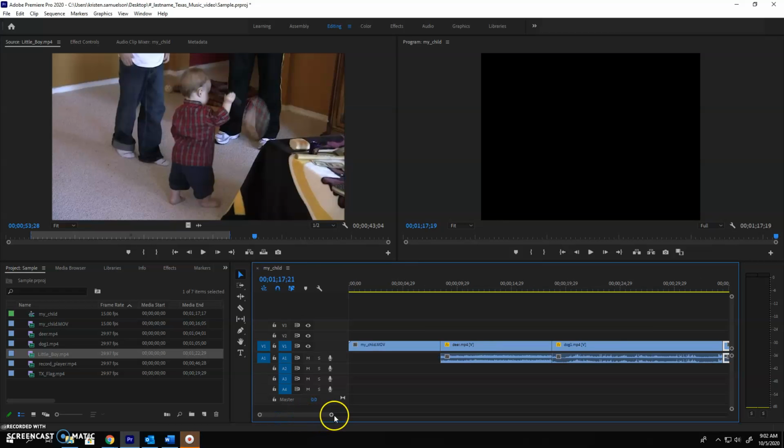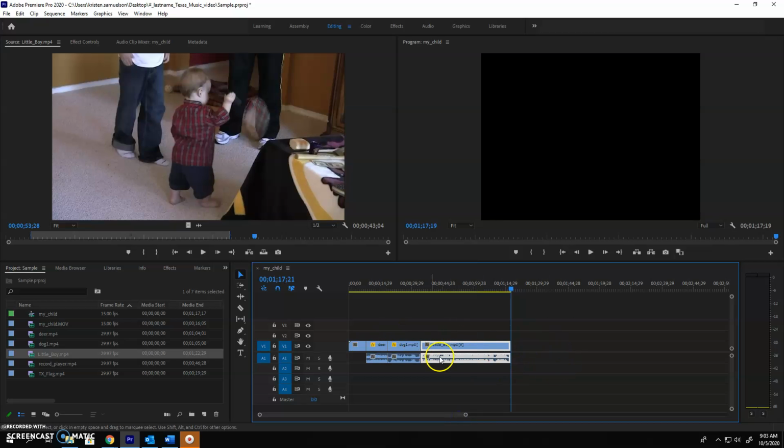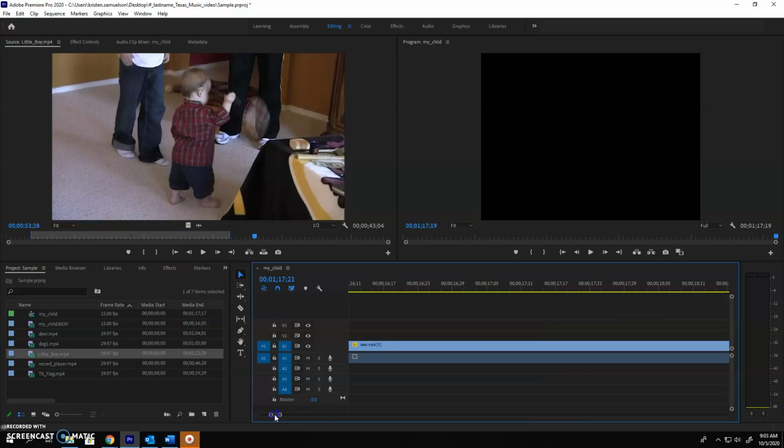One important tool in Premiere is being able to zoom in and out on your timeline. So this little slider here allows you to do that. The longer this bar is, the more you can see in your timeline window, and the smaller it is, the better it is for precise editing, when you want to see every single keyframe that you have. So I'm going to put it to where I can see everything for right now, because what I want to do is,